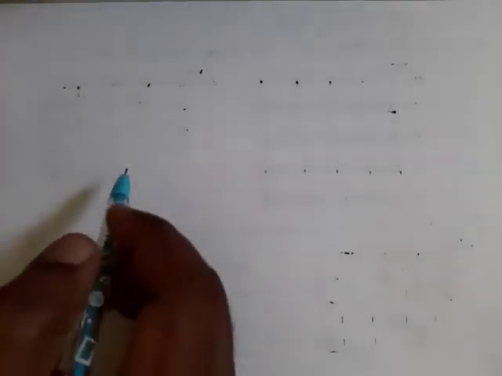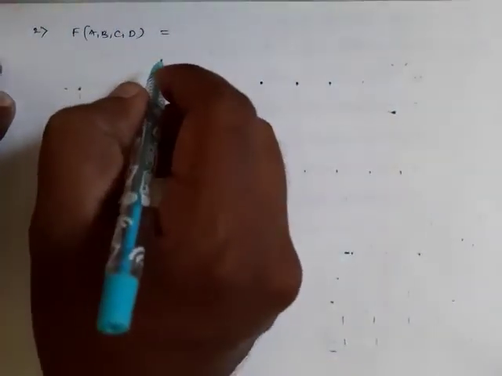Next we look at more examples. Second example, we are to simplify the function f of a, b, c, d, a Boolean expression of a function of four variables, which is expressed as the sum of minterms